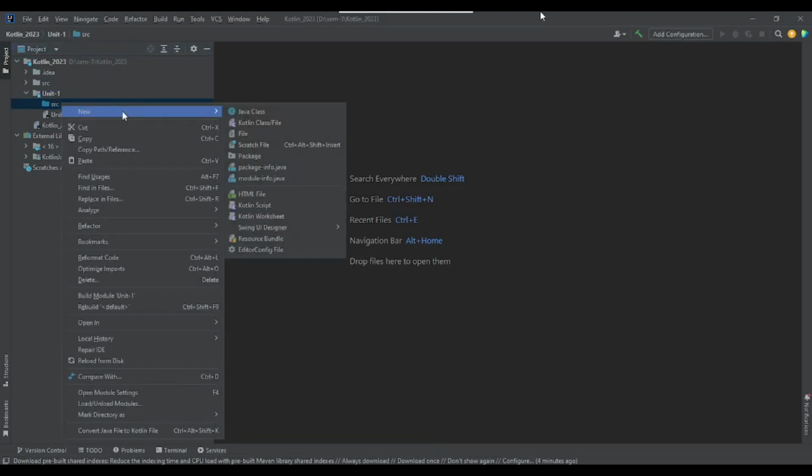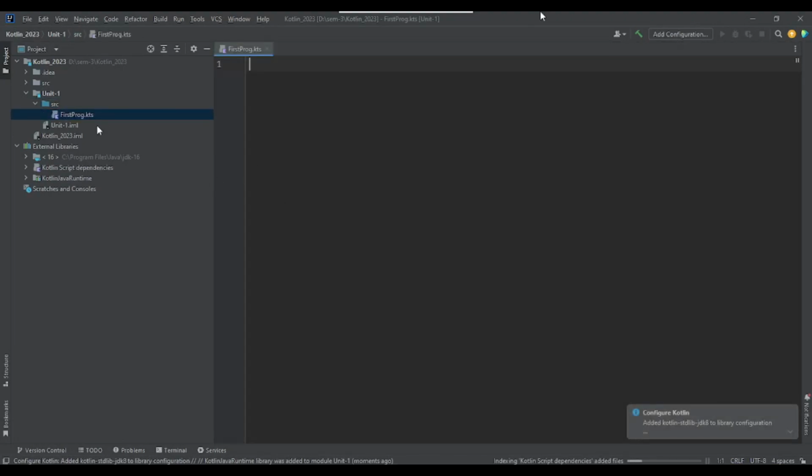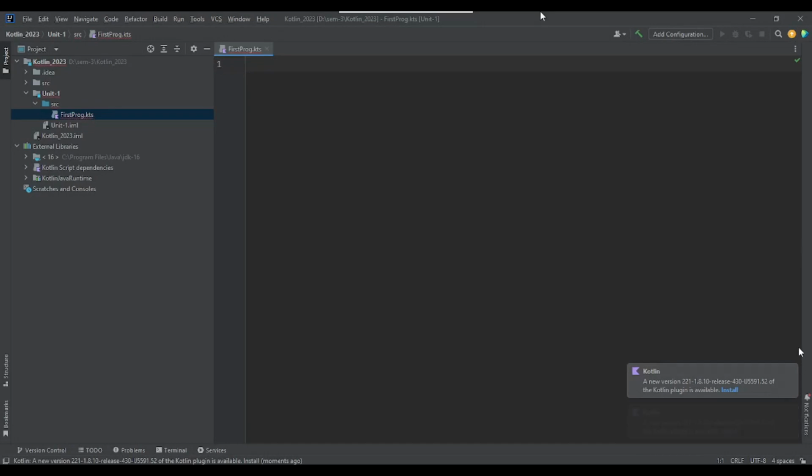Here in my Kotlin project there is a src folder. In that I am creating a Kotlin script, and the name of the Kotlin script will be, say for example, first program.kt. If you do not provide the extension over here, then internally it will provide the kts extension. So here we have created a file in the IntelliJ IDE. First I have created a project in the IntelliJ IDE, and then I have created a file to give you the practical demonstration